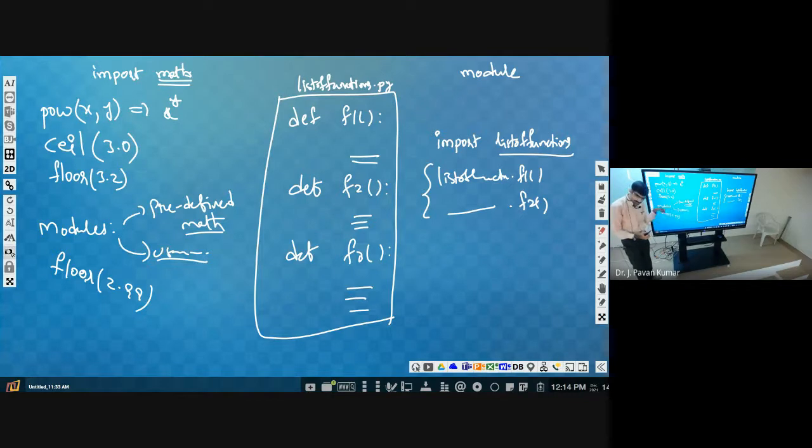Even 2.99, floor means it is 2 only. Now you consider floor of 2 only. Floor of 2 is 2 only. This is also 2. This is 3. Ceil of 3.0 is 3. Ceil of an integer will be the same number. That also you can consider.